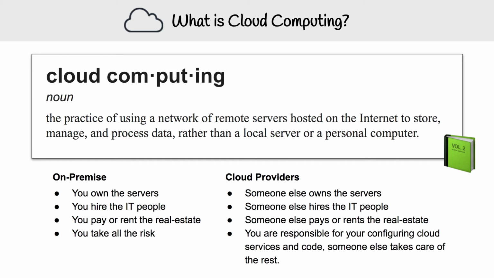And so cloud providers are like AWS, GCP, and Azure, as I said earlier. And so here it's someone else owns the servers, so you are not responsible for that hardware, and to different degrees, they will configure the software layer for you, or you have control over it yourself, depends on what kind of service you are using. They're hiring the IT people, and they're watching these servers around the clock for you, so you do not have to pay for that. And someone else is paying for or renting the real estate, so they are buying the real estate to house these servers, which are data centers.